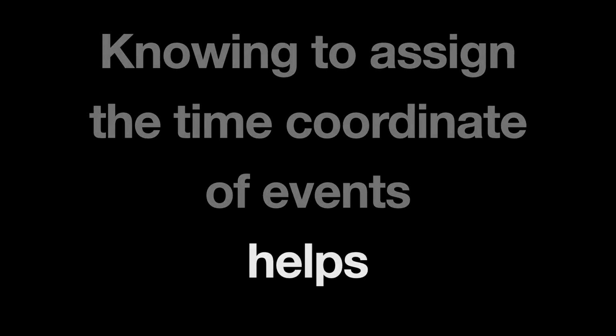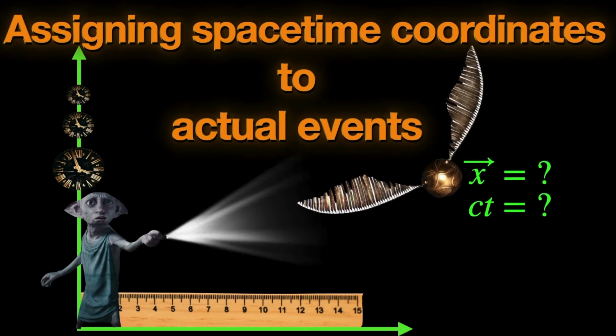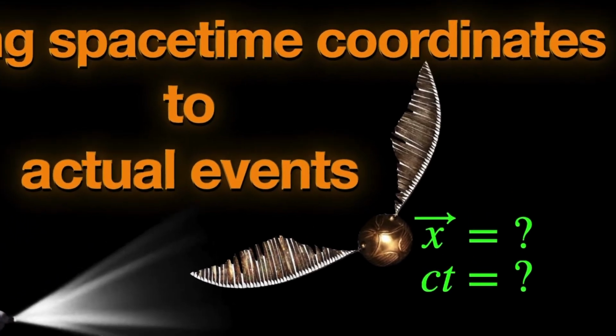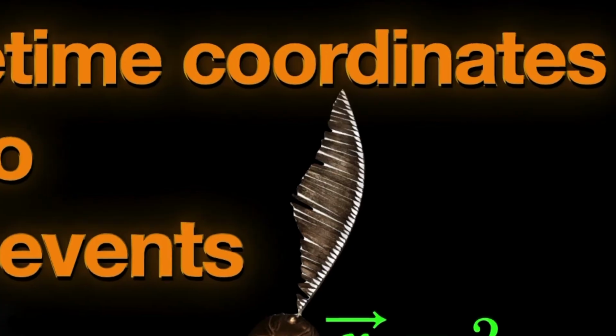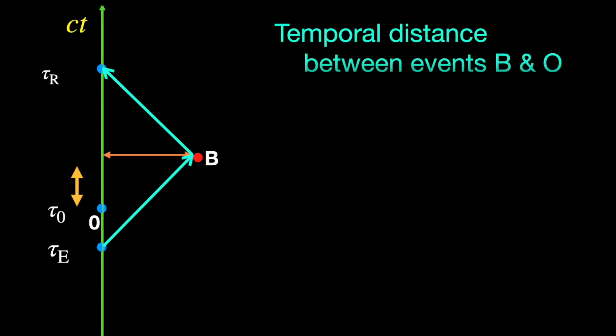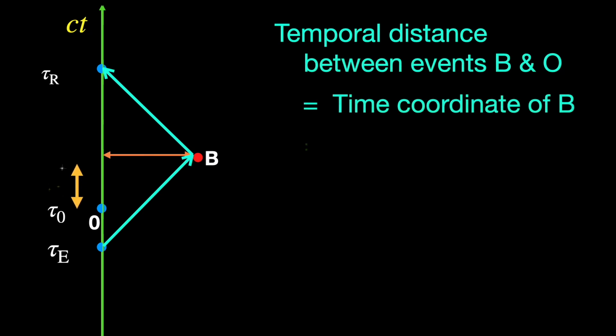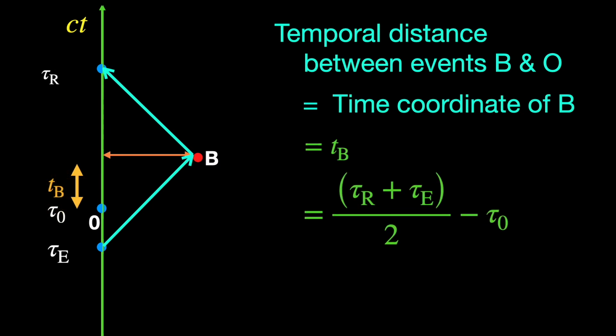Knowing how an observer assigns a time coordinate to any event comes in handy in this regard. Look up the details in our last video, link is in the description as usual, but let me just state the result here. If a photon emitted by the observer at time instant tau e is reflected at an event B and received back by him at time instant tau r, all according to his clock, and further, if his clock reads tau 0 at the origin of his time axis, then the time coordinate Tb of that event B will be (tau r plus tau e) divided by 2 minus tau 0.